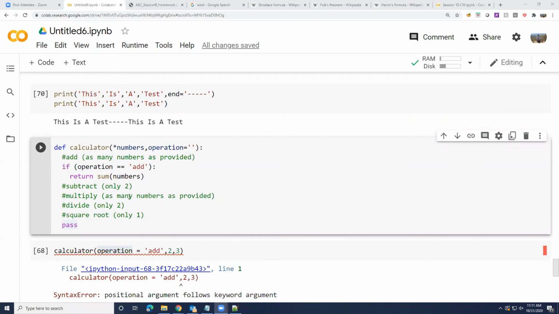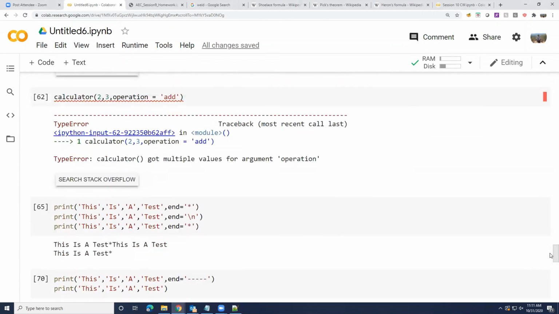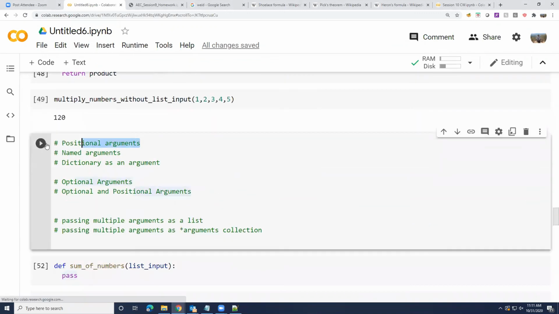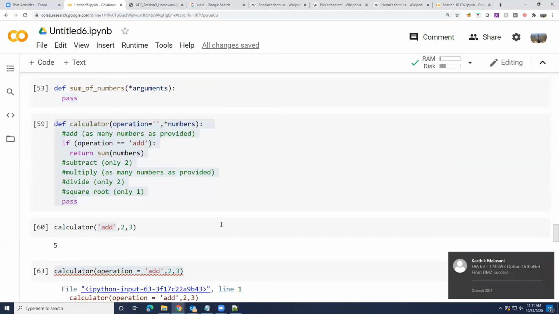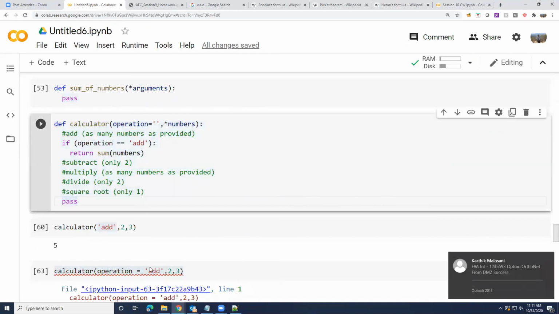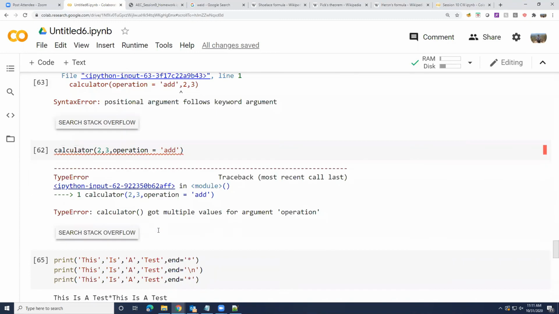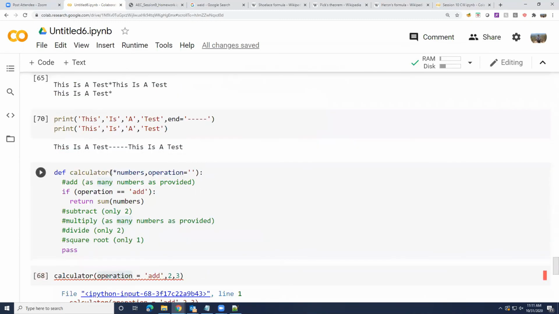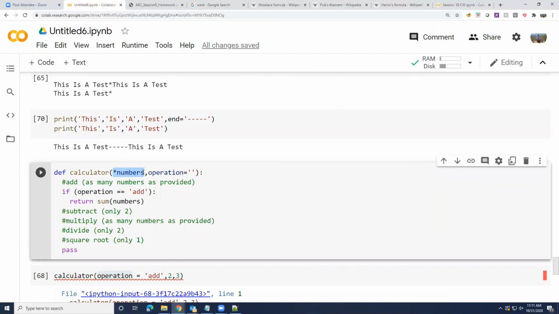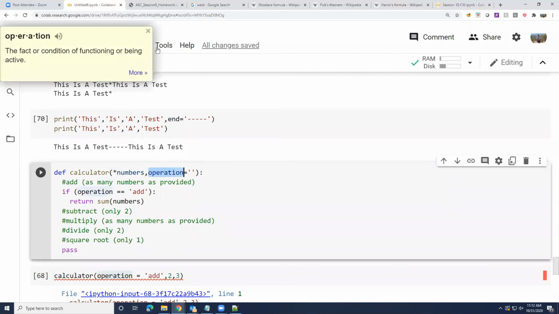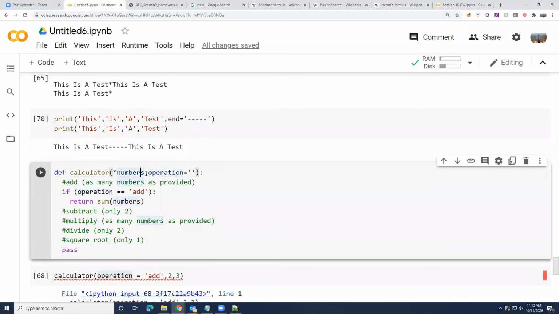Okay, so we just looked at something. We have positional arguments, named arguments, dictionary or collections as arguments, and then optional arguments, and then passing a variable number of arguments. Now, if you want to mix a variable number of arguments with positional arguments, you have to put the variable number of arguments first and then the positional argument, or use a list. If you used a list, you could have done something else. So those are the two options. But if you want to use *args or some variable, and then some positional arguments, then you have to put them at the end.